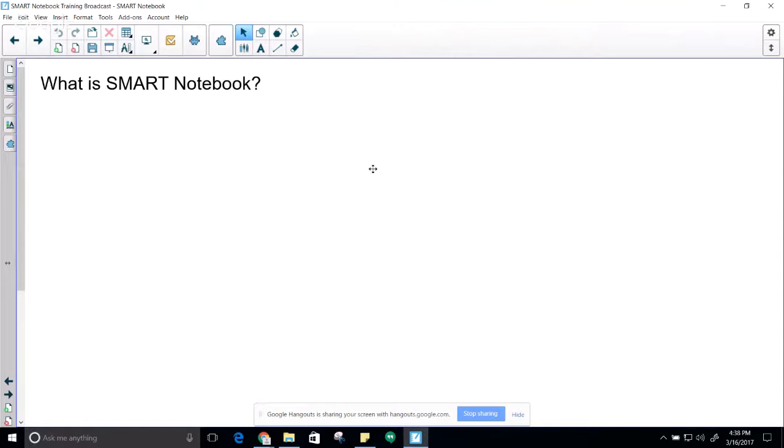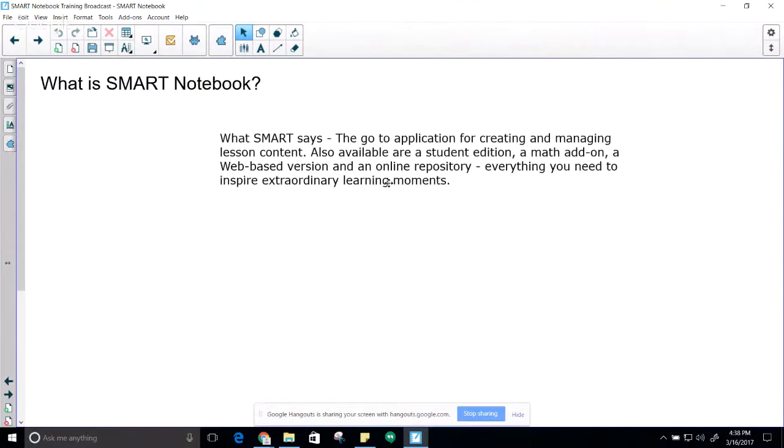All right, what is Smart Notebook? Well, Smart says it's basically a way of creating and managing lesson content. It's available to students with a student edition. It has math add-ons, a web-based version, an online repository, everything you need to inspire extraordinary learning moments. Well, simply put, it's pure classroom awesomeness. When you get in there and start looking at the different things that you can do,